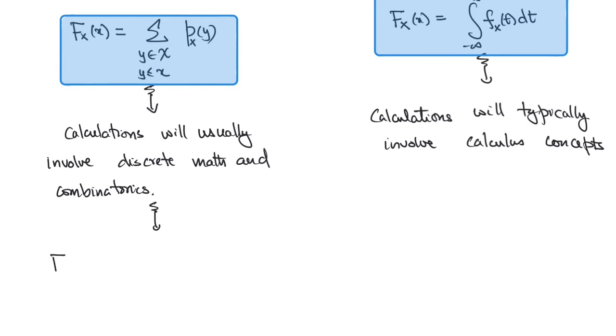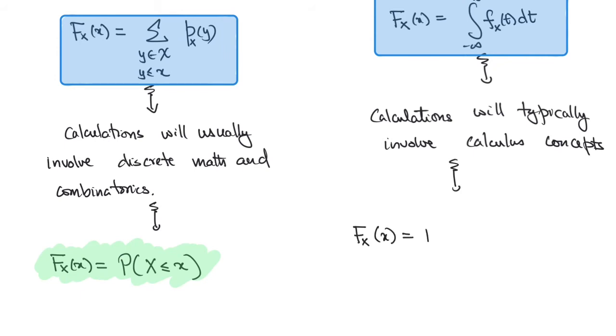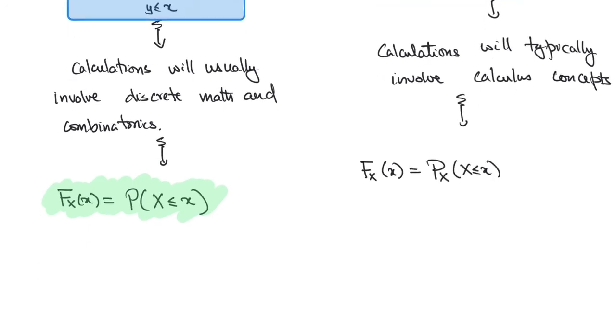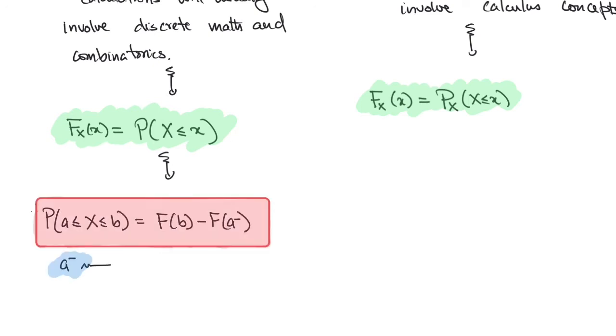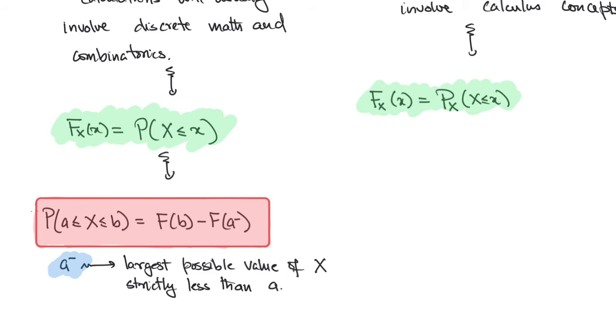Note that the CDF is the probability that the random variable takes values less than or equal to x. This is true both in the discrete and continuous case. Using this formula, we can calculate the probability that the random variable lies between values a and b as the CDF evaluated at b minus the CDF evaluated at a minus, where a minus is the largest value of x